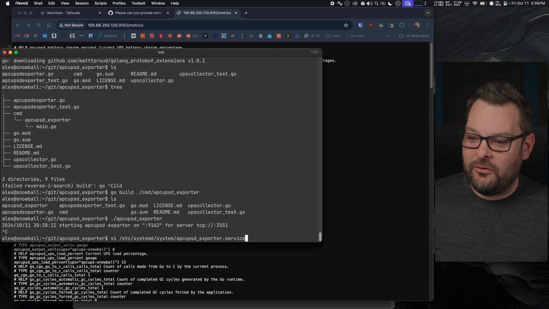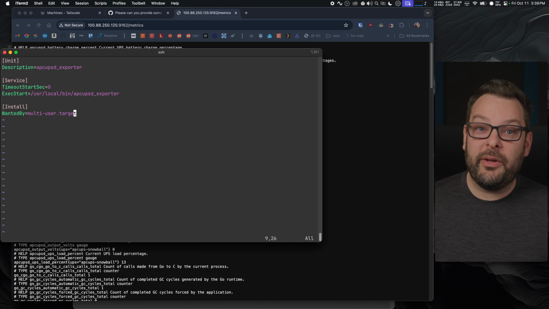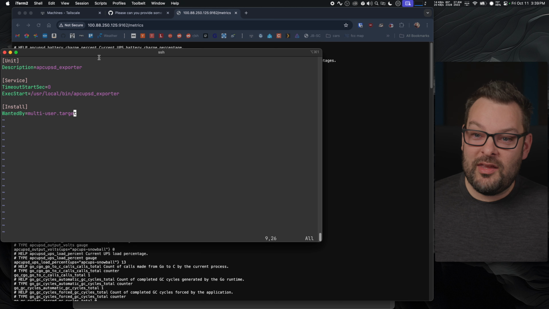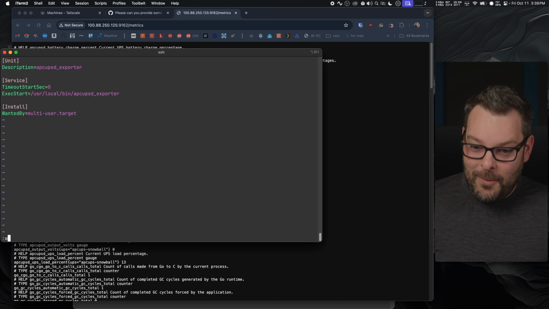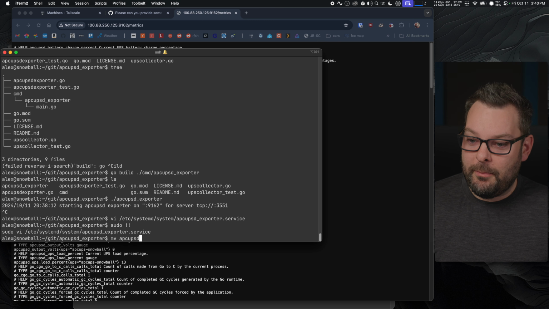apcupsd_exporter.service. Then we're going to create the following unit file, and just take note of this path: /usr/local/bin and then the name of the binary. I'm going to write and quit that file, and then I'm going to move the binary that we built, apcupsd_exporter, to /usr/local/bin